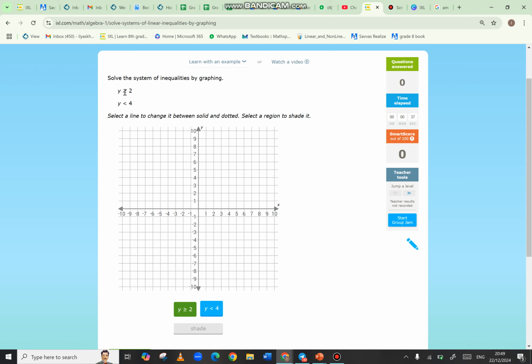Y is more than or equal to 2. So, here is y is 2. The line would be like this. It's y equals 2 for all of the values of x. It's a straight horizontal line. Y equals 4 is another straight horizontal line going through 4. There we go. So we just need to understand how to use the